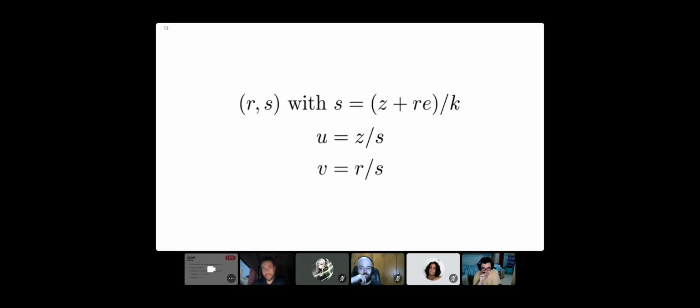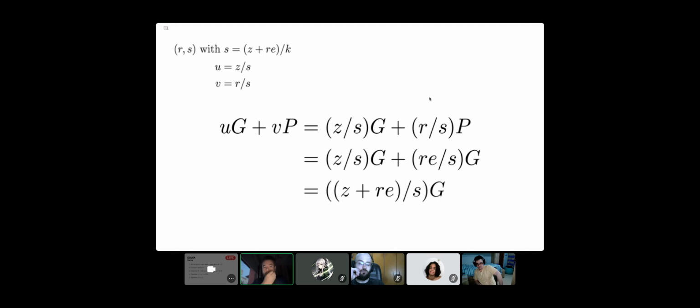And V, remember, is built from r, which I know because it came from the signature, and S because it came from the signature. So I can recover U and V. I have all the information that I need to recover U and V. And I know that U and V will be used in this sum here. U will multiply big G and V will multiply big B. So if I put all this together, we will get